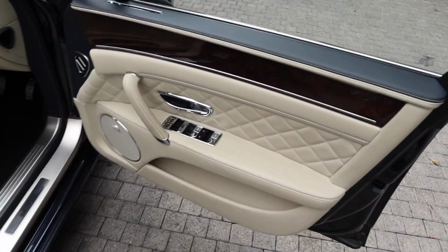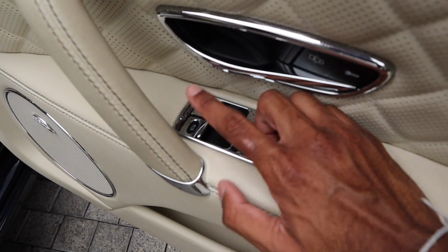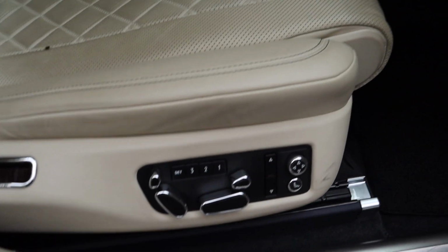Coming to the interior, power windows, locks and mirrors, our fuel cap release and our trunk release, full power driver's seat with 3-person memory,